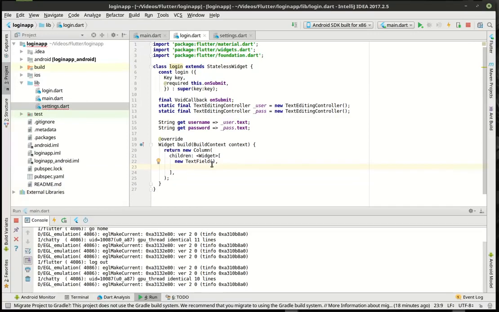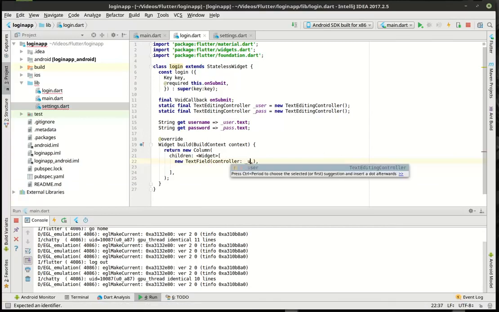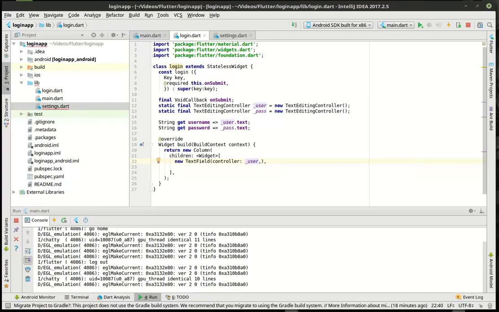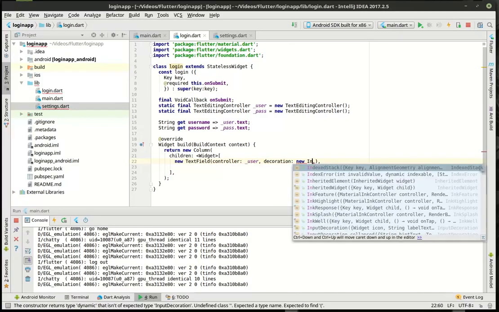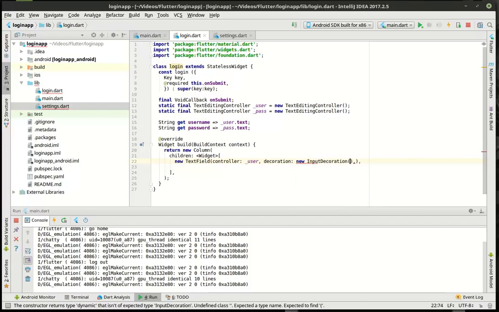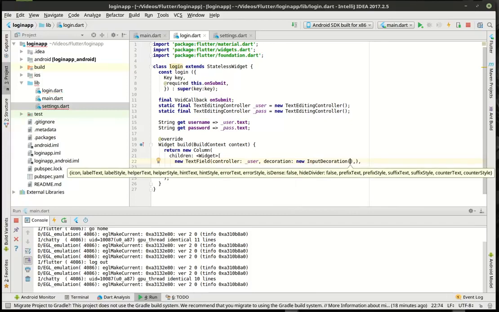You have to work with them a little differently. So we're going to add in the controller, the username controller. And then we're going to say decoration equals new InputDecoration. And in here we're going to say hintText equals,